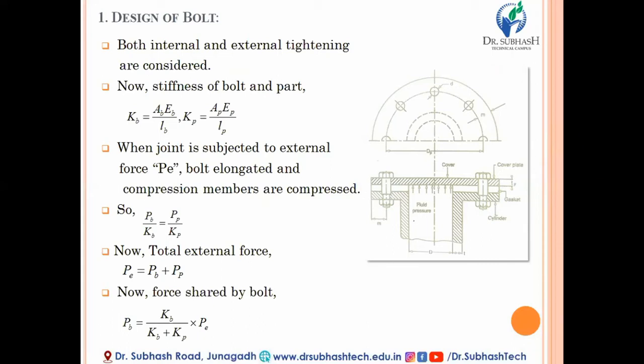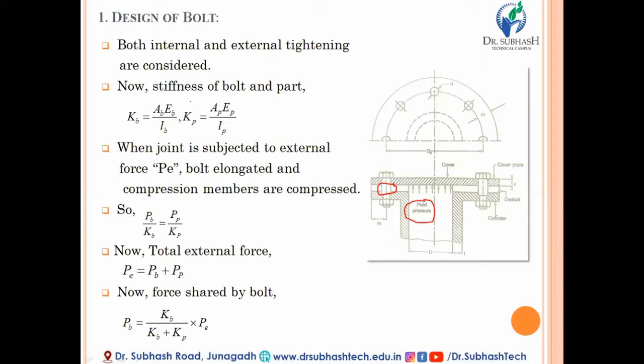For example, this is a cylinder filled with a fluid. Due to the high pressure of that fluid on the cylinder cover, first of all, the shank of the bolt should have strong enough tensile strength to resist the external force imposed by the fluid. So the design should be such that it can withstand the maximum amount of external forces, pressure, moment, or any kind of external loading that may be subjected to that bolt.